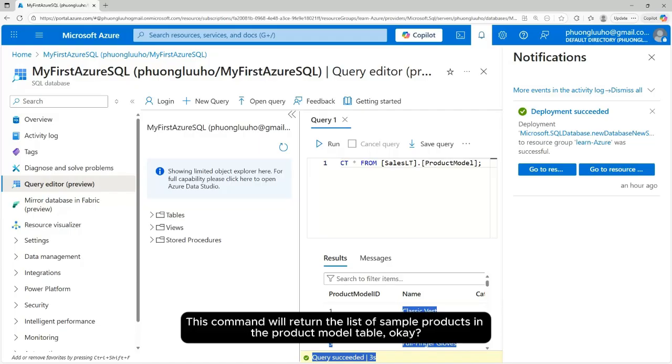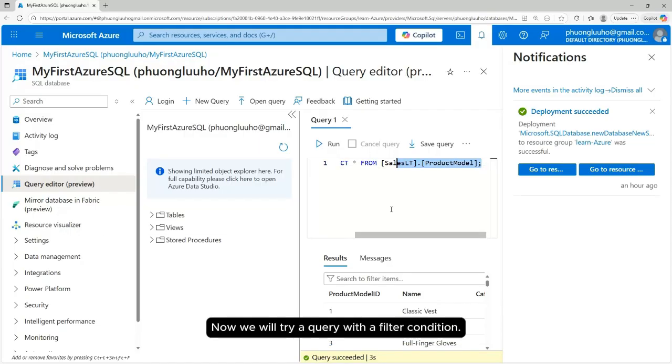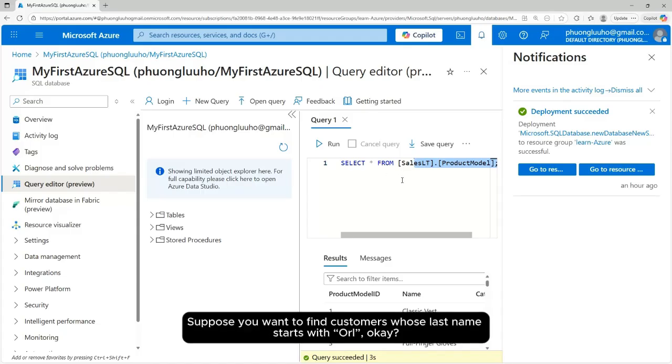Okay, now we will try a query with a filter condition. Suppose you want to find customers whose last names start with ORL.